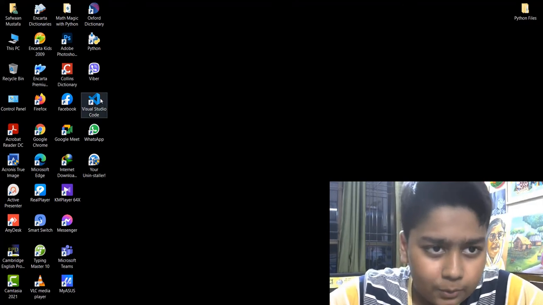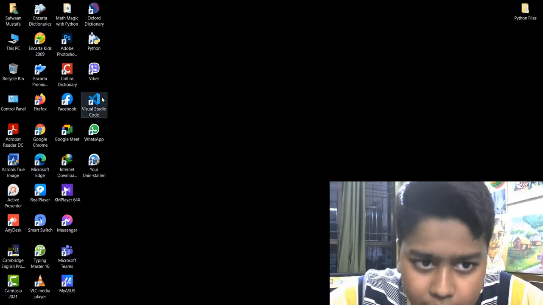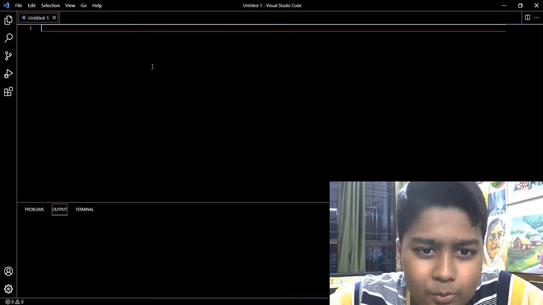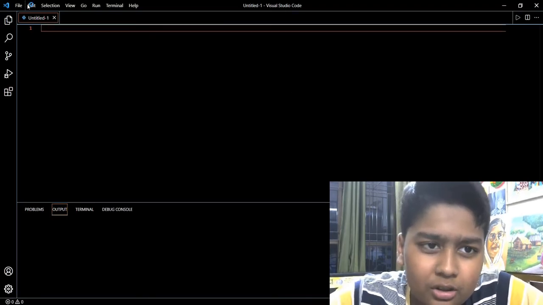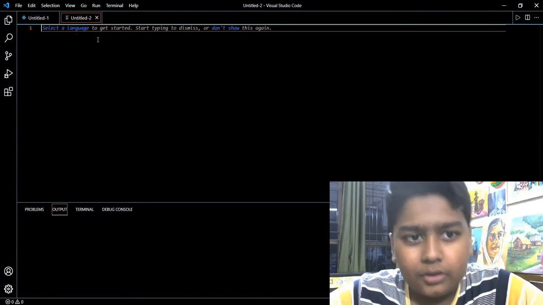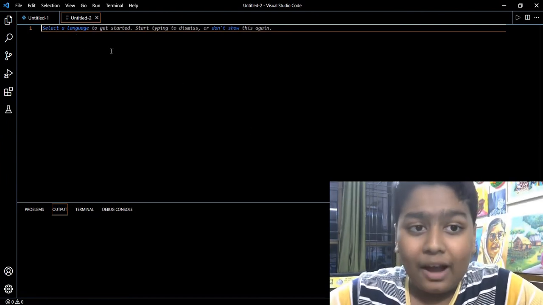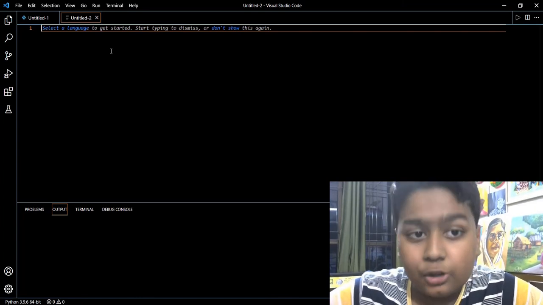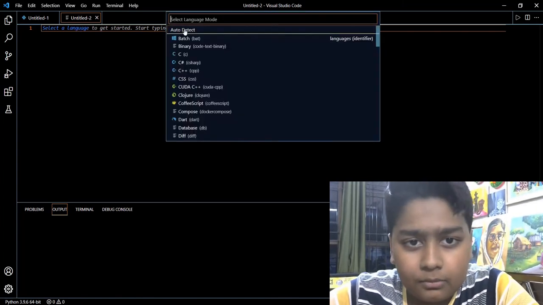There you will open Visual Studio Code. There you will see an option called new file. Click on that new file or new project, any one of them can come.